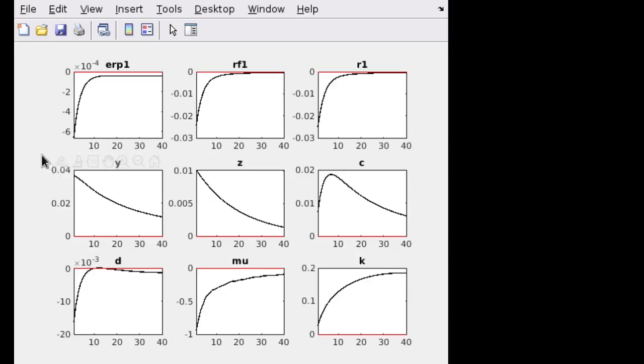If we look now at the impulse response function, we see that after a positive shock to total factor productivity, the expected risk premium is going to diminish a little. Look at the scale, it's at 10 to the power of -4. You divide by 10,000. And after 15 periods, it is back very close to the steady state.